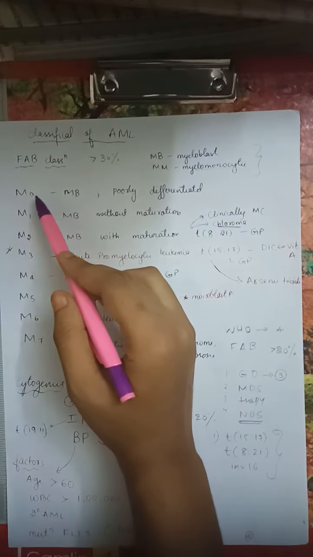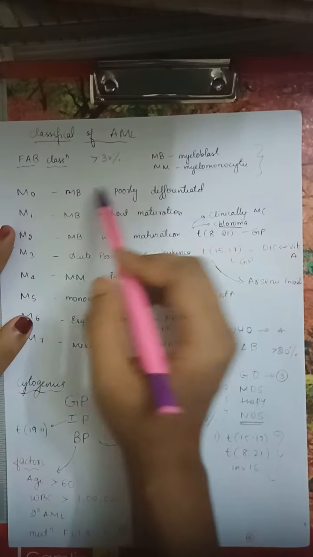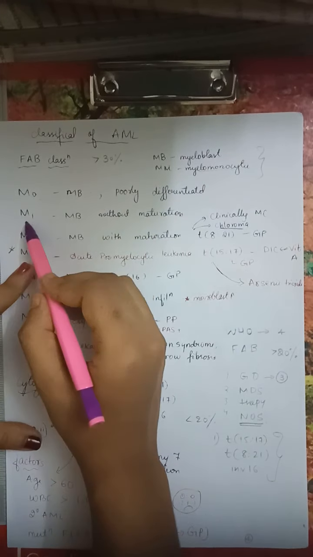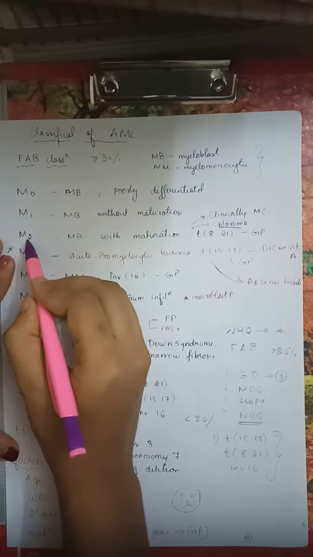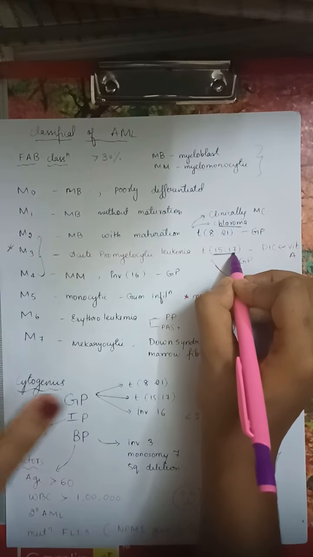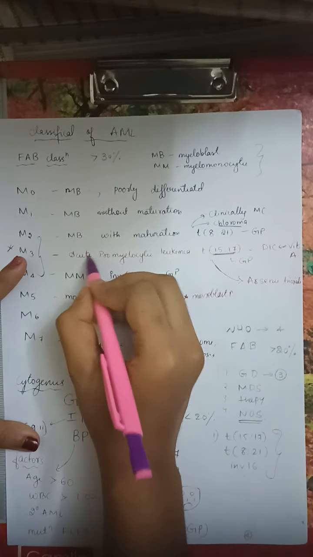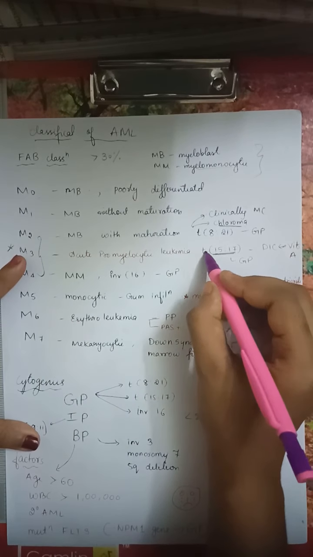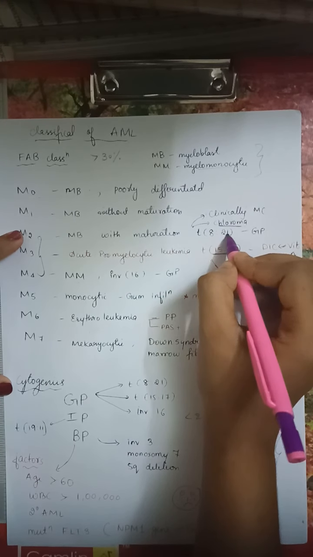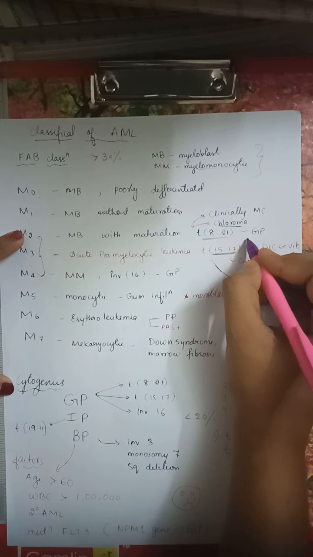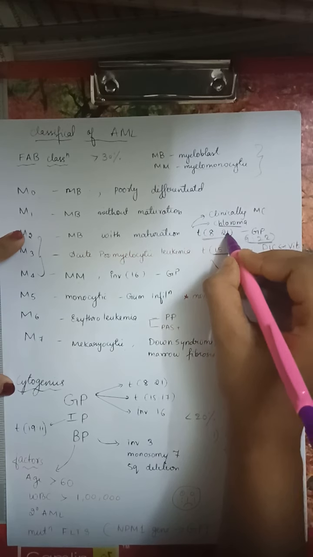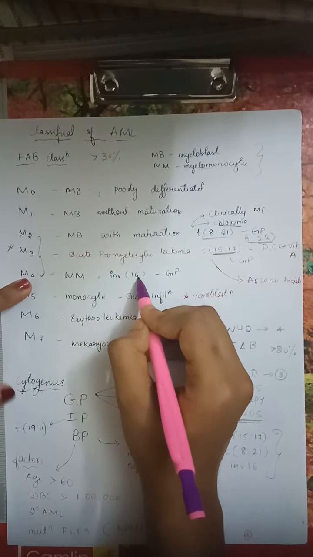So first, in an easier way, when we say M0, there is obviously nothing much to know: myeloblast with poor differentiation, then M1 without any maturation. But when I say M2, M3, M4, just remember that we know 15;17 is an important translocation. So M3 is acute promyelocytic leukemia with the important translocation t(15;17), and above that we have M2 with t(8;21). You can remember this like the important Philadelphia chromosome was 9;22, and here we subtracted 1 from both, and it is translocation 8;21. And below that we have inversion 16. It is basically in the same order.